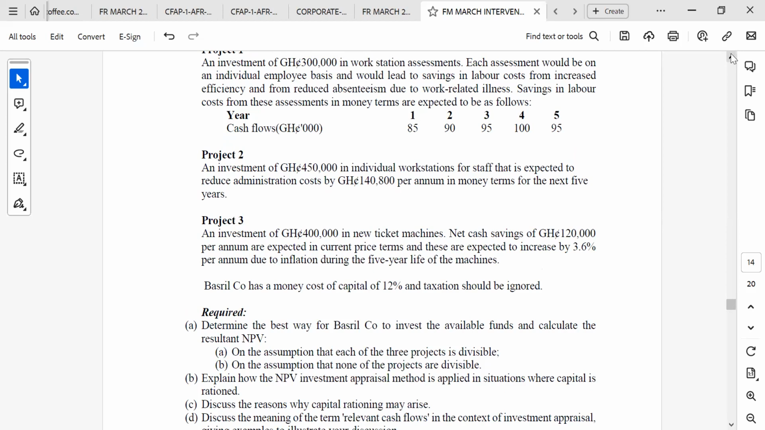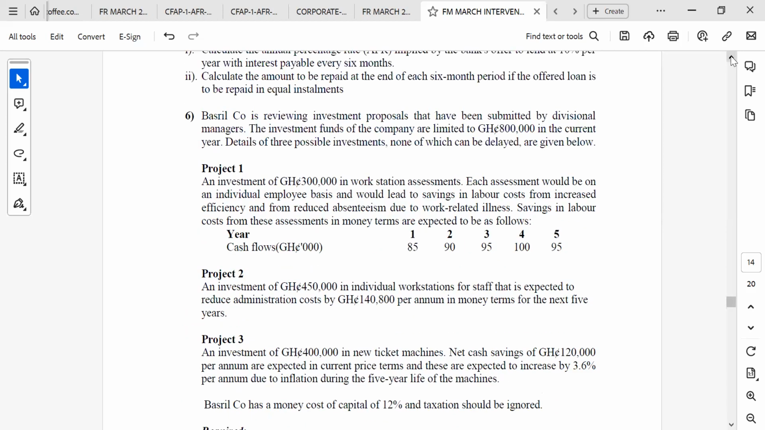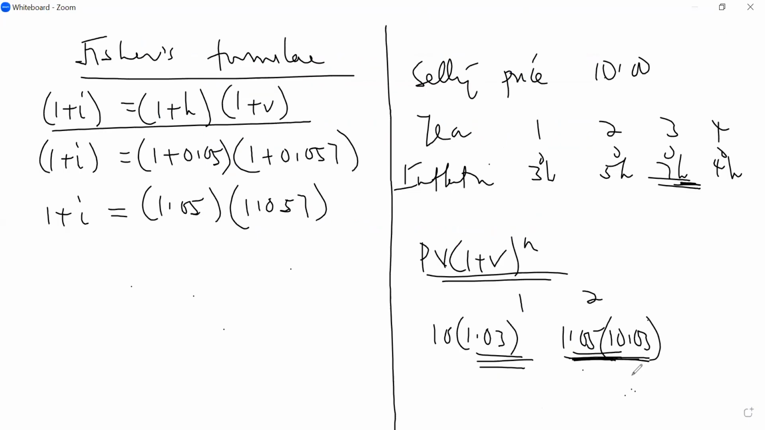Okay, so first of all, what we have to do is calculate the NPV for each of the projects. You can see that the question is not giving cash flows, but it is giving cost savings, isn't it? Okay. So the question is,